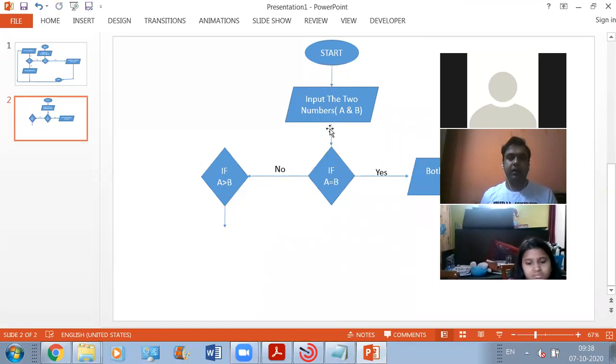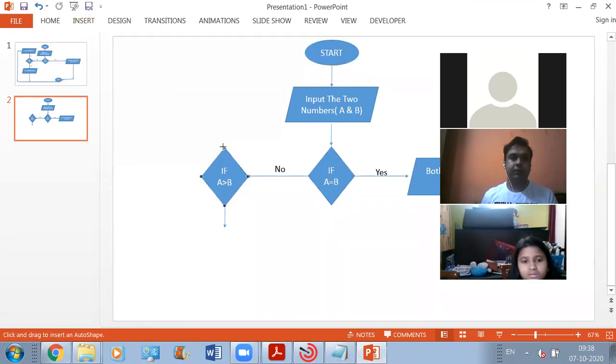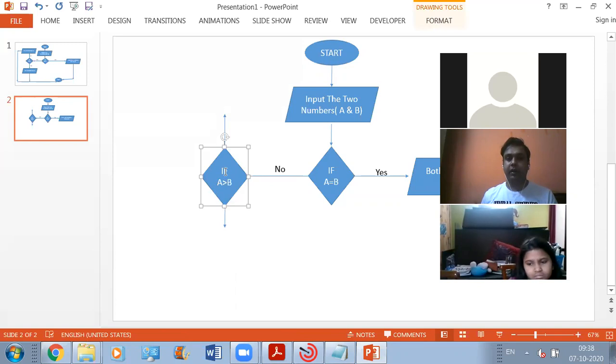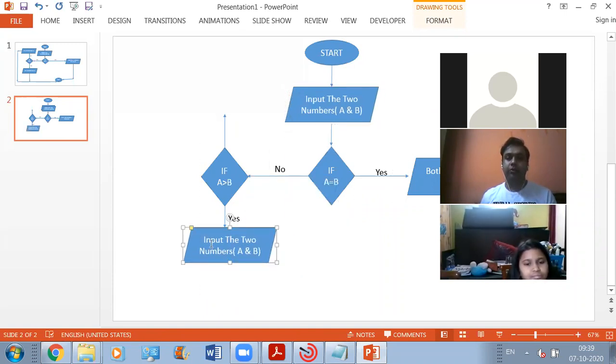I'm putting it here, and for defining the false part, so these are the two points which I am making use of for defining the yes part and false part of this condition. Now if this condition is true, how am I going to indicate that? I need to make use of this yes text here. Now if this condition is true, what should be the output? What would I like the user to see?